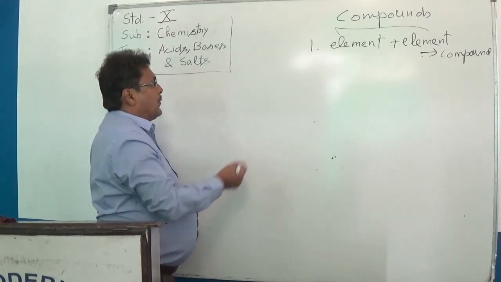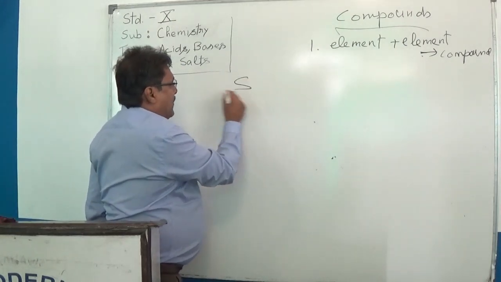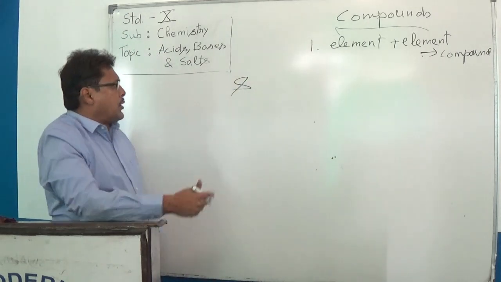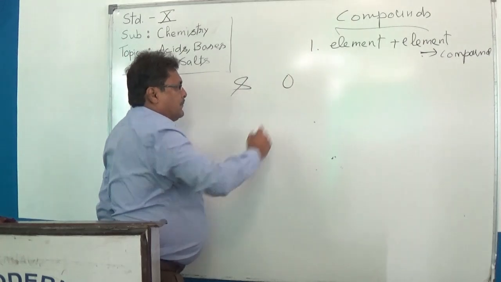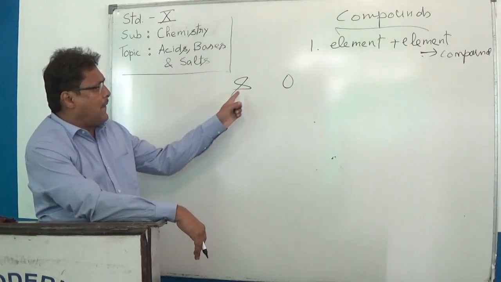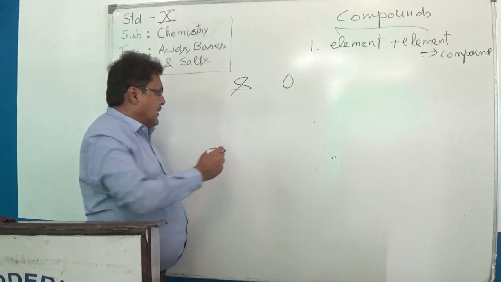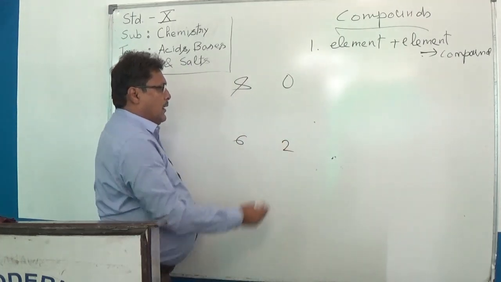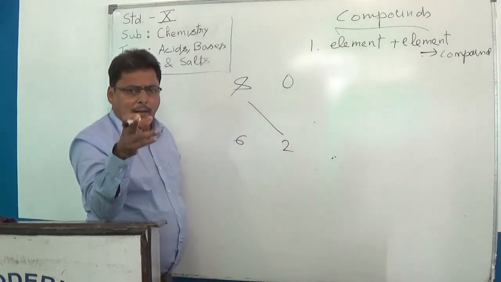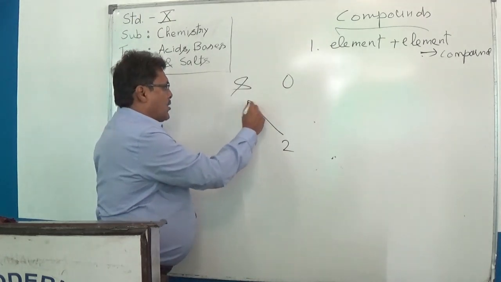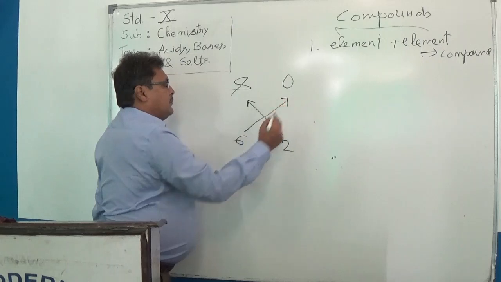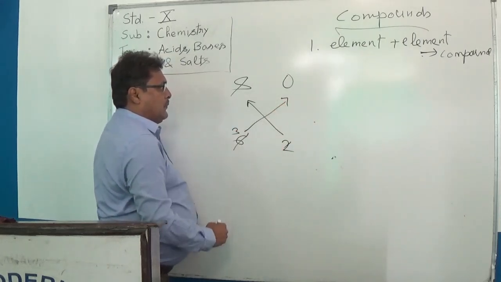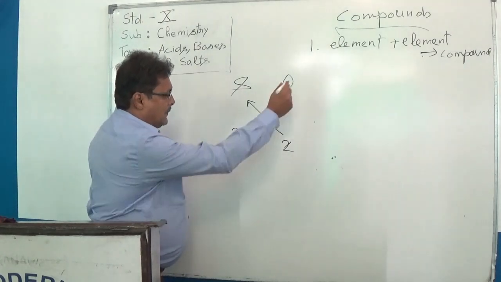Let's take an example. Sulfur is an element, and also take oxygen. You know that sulfur has valence 6, oxygen 2. If we cross them over, as you have learned in class 9, and also cancel, so now we have